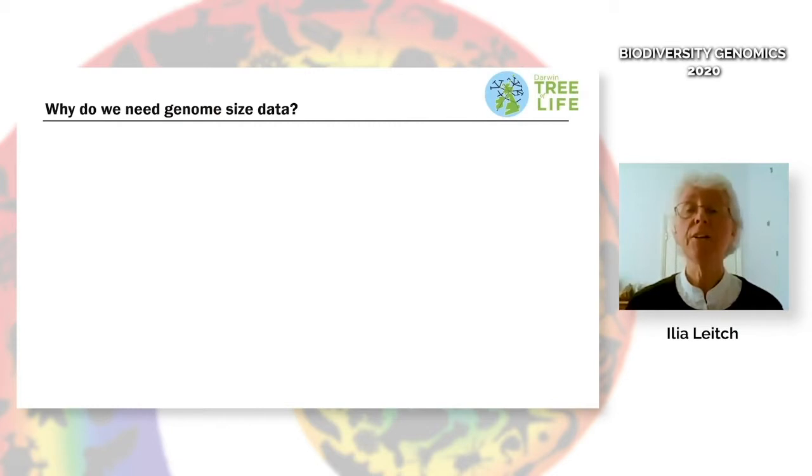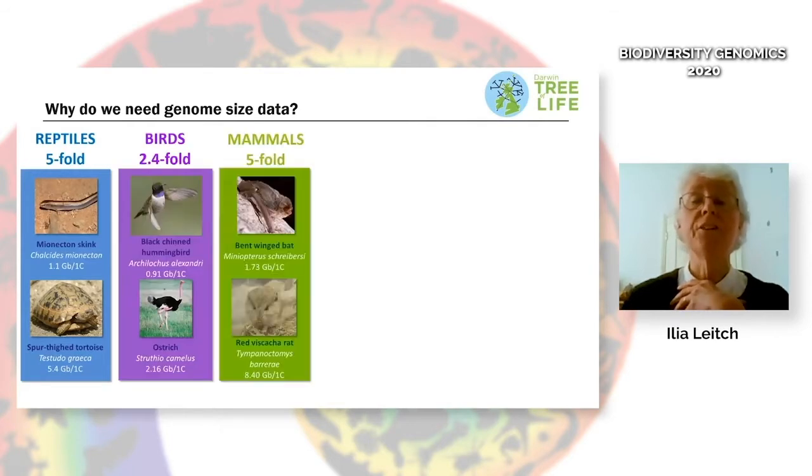But actually, most lineages of eukaryotes are characterized by narrow ranges of small or very small genomes. And you can see just 3 examples here where we've got reptiles, birds and mammals, narrow ranges of small genomes. Well, the situation in plants is completely different, because here within plants, particularly the flowering plants, what we see is